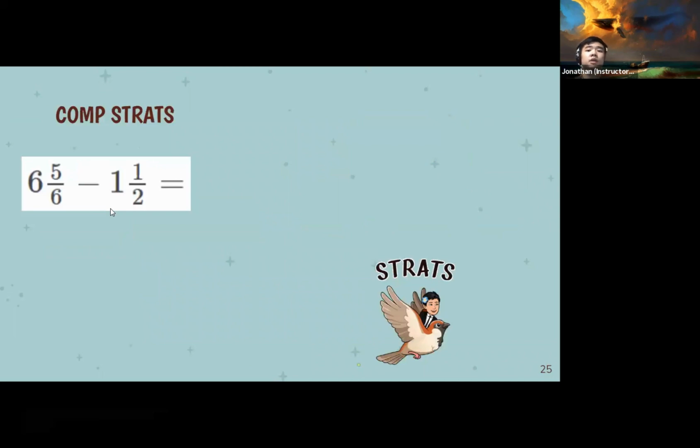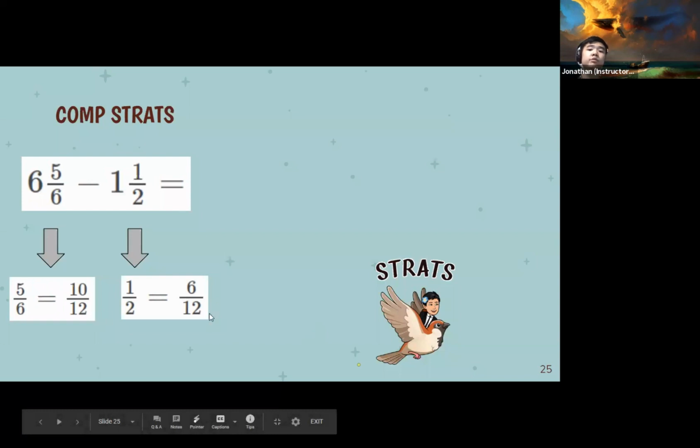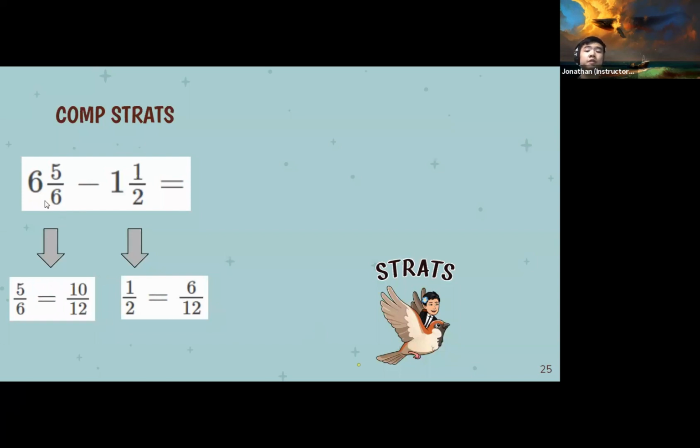So how about if you're in competition and you're like, oh, how do I go faster? Well, we only need to convert the fraction part. So 5/6 into 10 over 12, 1/2 into 6 over 12. Or you can convert it into 6. You don't have to convert to 12 because the least common multiple is 6, but you can convert it into